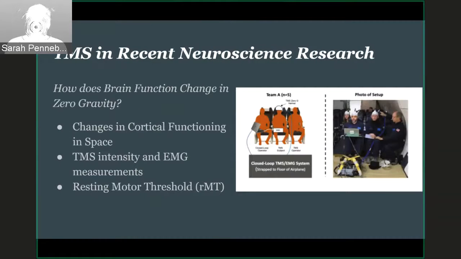One recent study used TMS to evaluate cortical functioning in zero gravity. While previous studies have established physiological effects of spaceflight, very few studies have been done to evaluate the effects of gravity on changes in brain function. Using these TMS helmets, researchers actually evaluated the intensity of TMS pulses necessary to activate the motor cortex enough